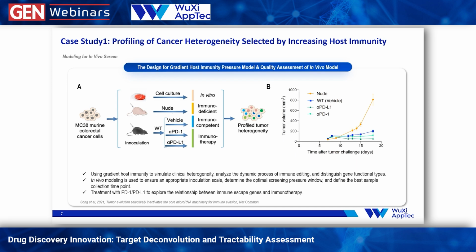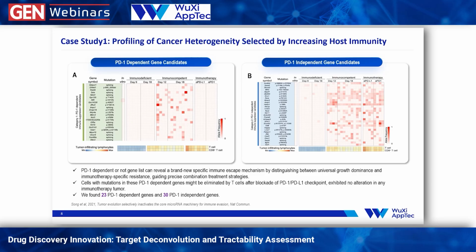So we transplant these MC38 cancer cells into these in vivo models. On the right, in graph B, we can see that based on different immune pressures, these tumors grow at different speeds, which means our immune pressure models are basically working. After the tumors grow for certain days, we take out the tumor, get the tumor cells, and go for those